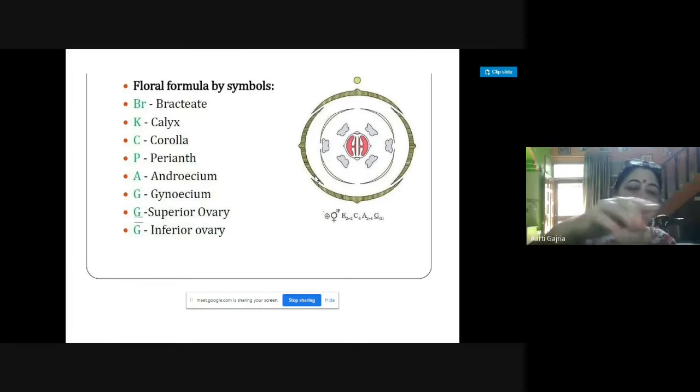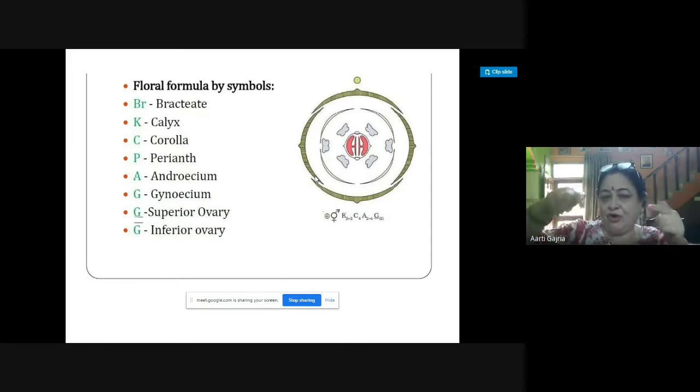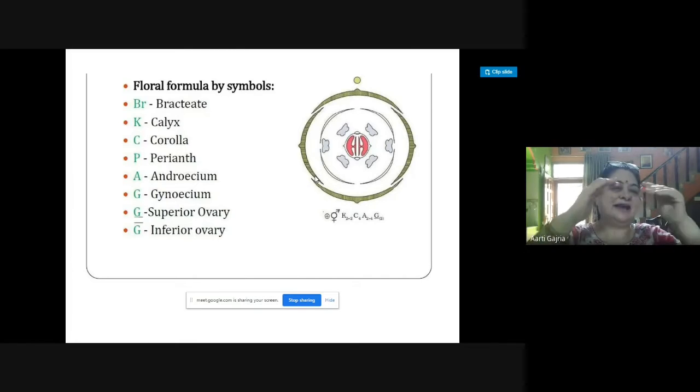And if you see the second row, all 4 and the margins are attached. That means which type of arrangement is this? The first type, valvate type. So in this there is no overlapping. So 4 are there, so they have written capital C 4. Now androecium, they have written 2 plus 4. So the outer row has 2 and the inner row has 4. So 2 are at the outside and 4 are inside.